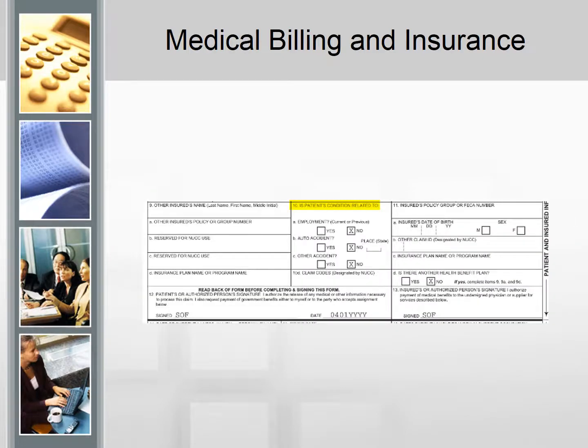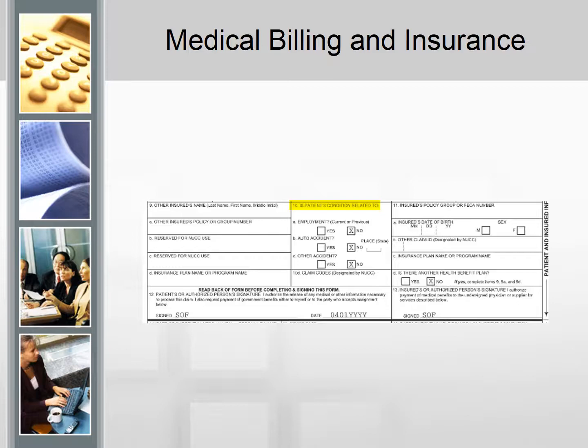Looking at the next portion of the claim form, I want to actually reverse the order that we talk about blocks 9 and 11 because I think it'll make a little bit more sense to you that way. So let's look at block 11 first. This is still related to the primary insurance plan, and they're asking us what the insured's policy group number is on the first line. So this will vary somewhat depending on the type of insurance, so please refer back to the block-by-block instructions provided in Chapter 5 for a little bit more specific information depending on the type of insurance